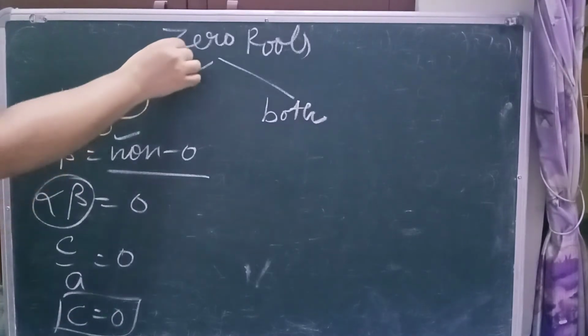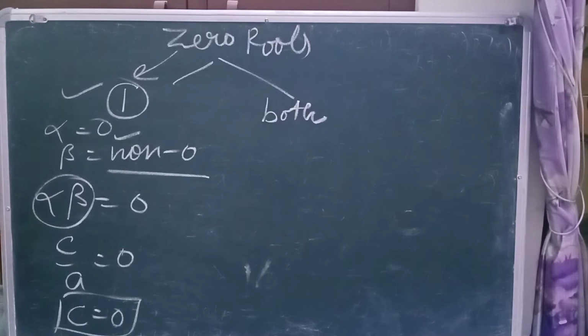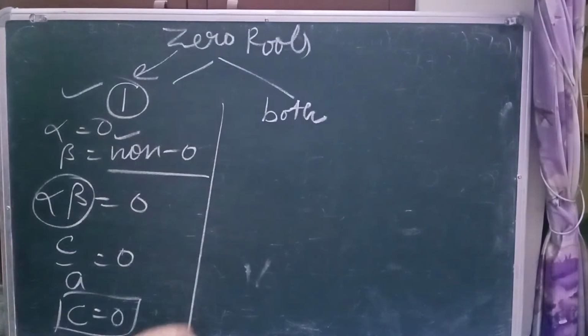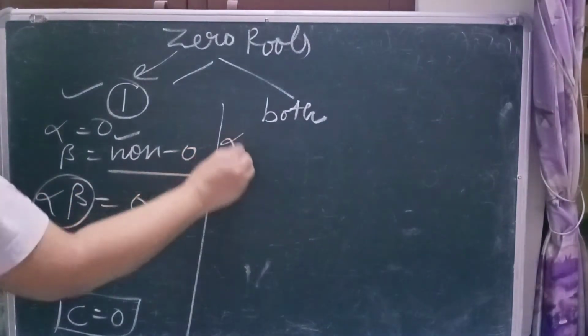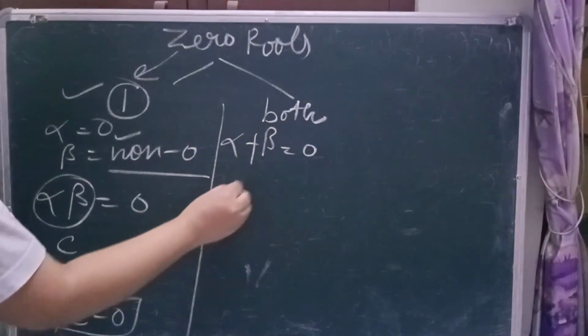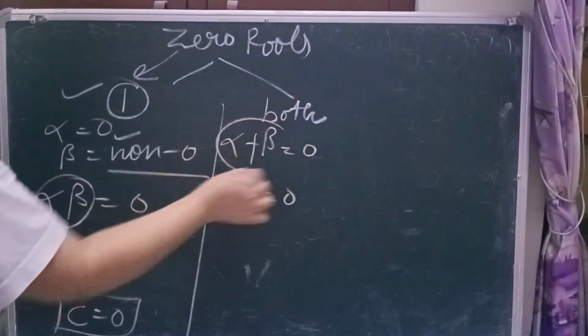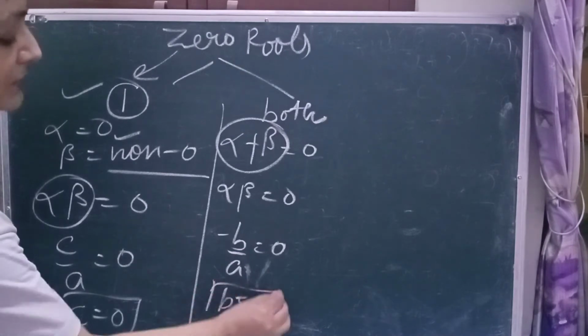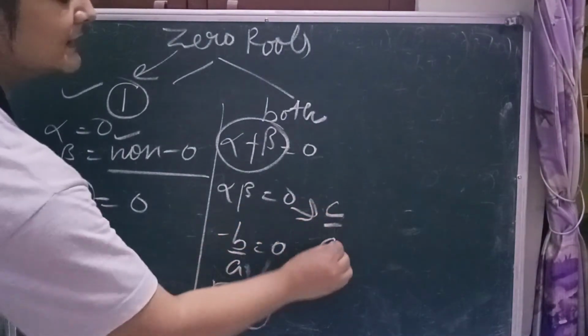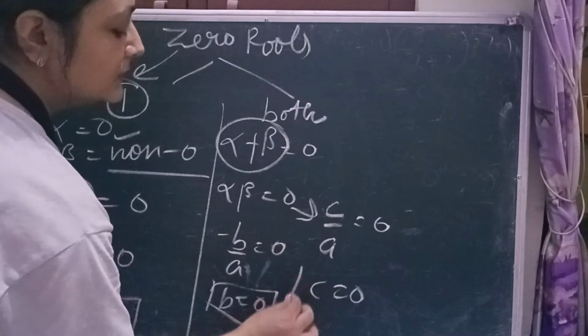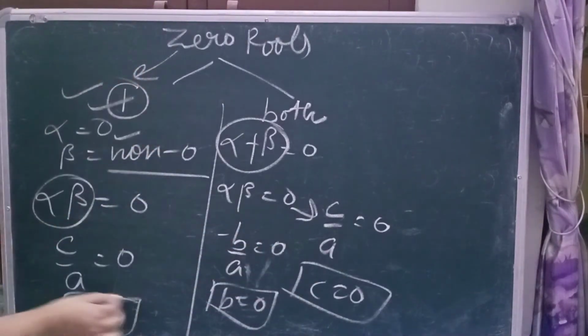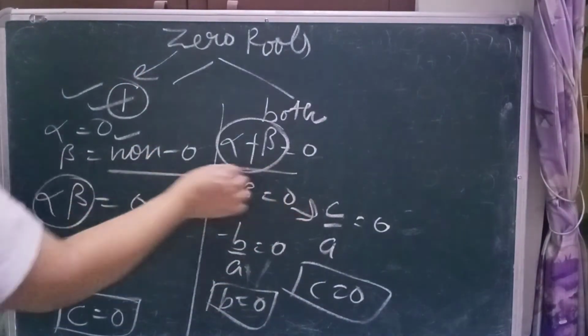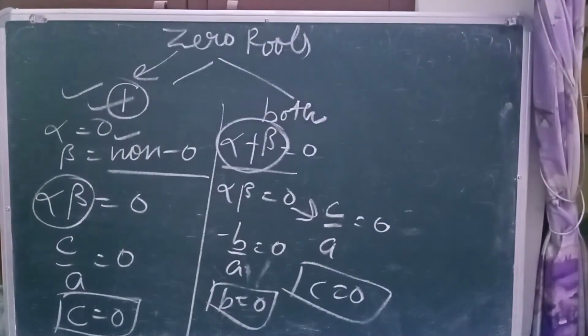So whenever it is given that one of the roots of the given quadratic equation is 0, we can use the condition c is equal to 0. When both roots are 0, then the sum of the roots also will be 0 and the product of the roots also will be 0. As the sum of the roots is minus b upon a is equal to 0, that means b is equal to 0. When the product is 0, that means c upon a is 0, then c is also 0. So when one root is 0, we can use the condition c is equal to 0. When both roots are 0, we can use the condition b equal to 0 and c equal to 0.